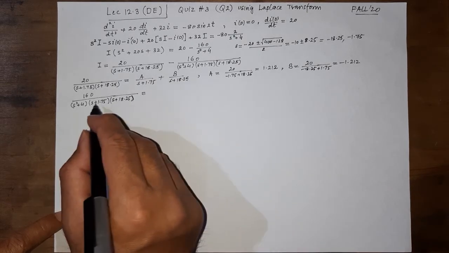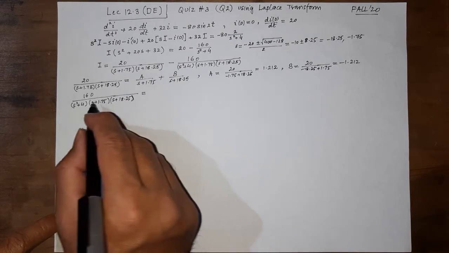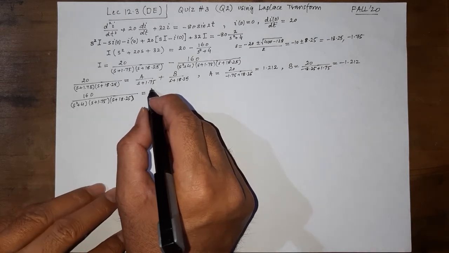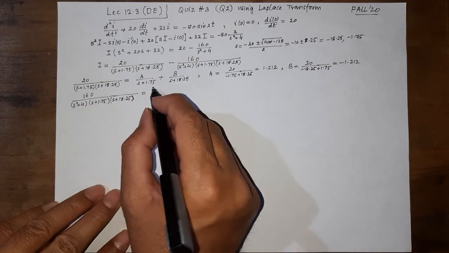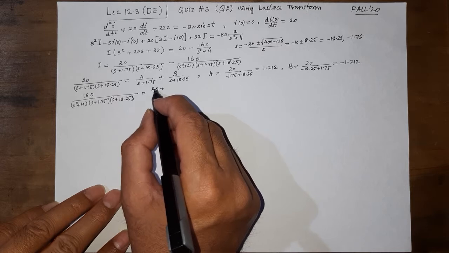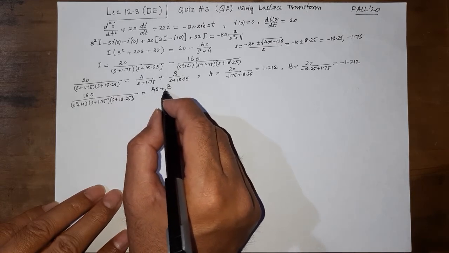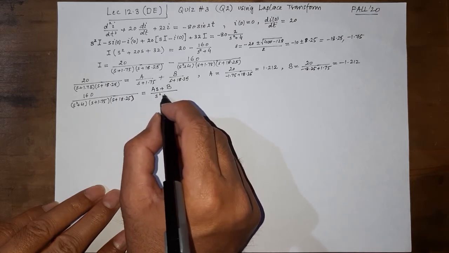But the other method may become lengthy. I'm not sure if there is an easier way, but for such a term of degree 2, the term in the numerator will be 1 degree smaller, so we assume that it is as plus b over s square plus 4